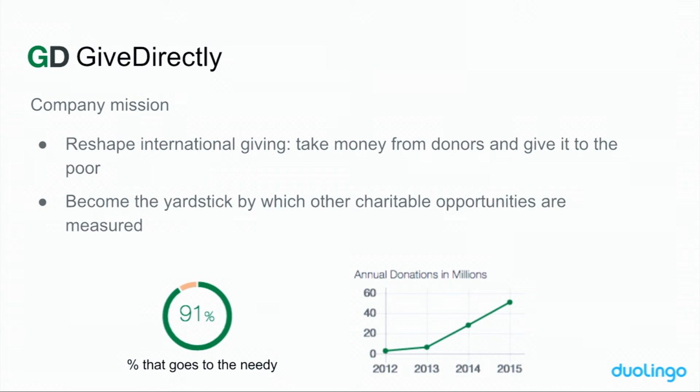Now, they're not assuming that this works. They actually have done a bunch of scientific studies or collaborated with others for scientific studies to show how well it works. One thing I wanted to mention is that Give Directly was actually founded by Harvard and MIT students right here in Cambridge.